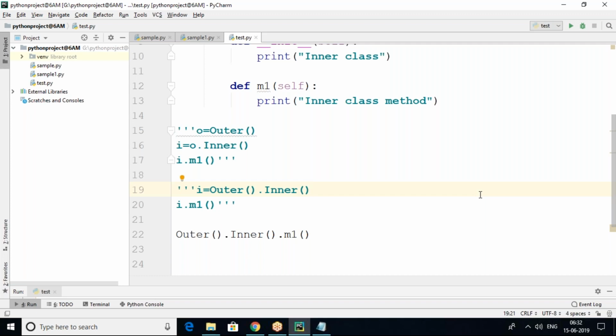That means car is the outer class, engine is the inner class. Without the car class, there is no chance of the engine class. If you want to make the engine class, first you have to make the car class, and then inside that car class you have to make the engine class. So the engine class is always associated with what class? Car class. So this is called the inner class, outer class concept, what we discussed. And next, in Python object oriented especially, there is a concept called garbage collection.